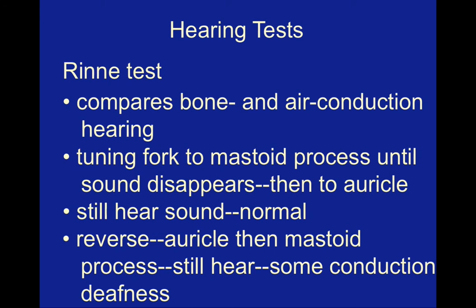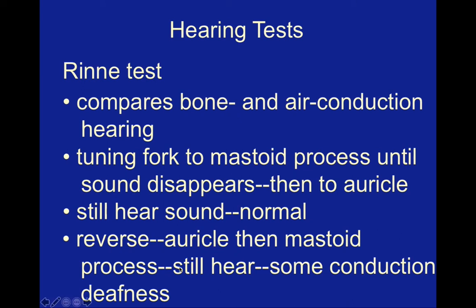And once the patient can no longer hear the vibrations of the tuning fork, it will then be moved right in front of the ear. What's supposed to happen in the event of a healthy ear is you're actually supposed to be able to hear the tuning fork after it's been taken off the mastoid process and you can no longer hear it. In the event that these are not the results, that's going to indicate the particular ear